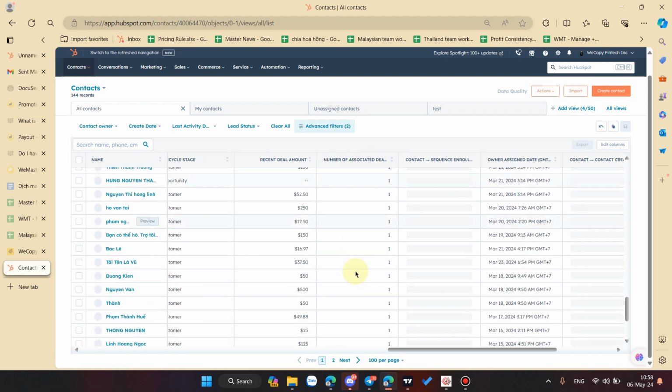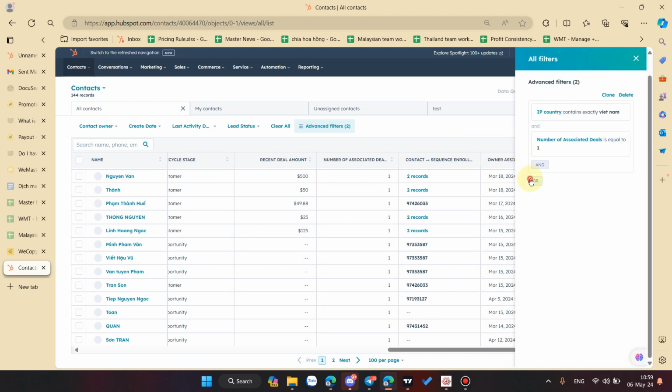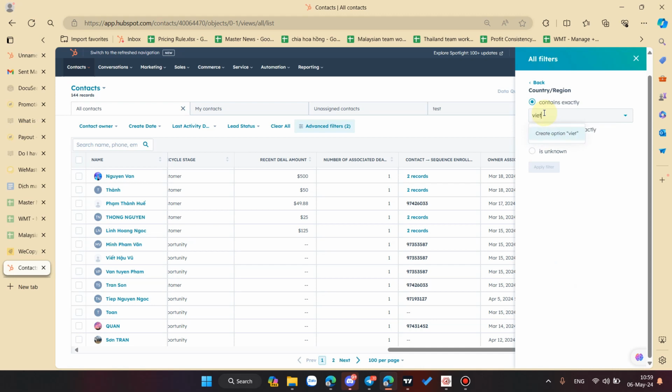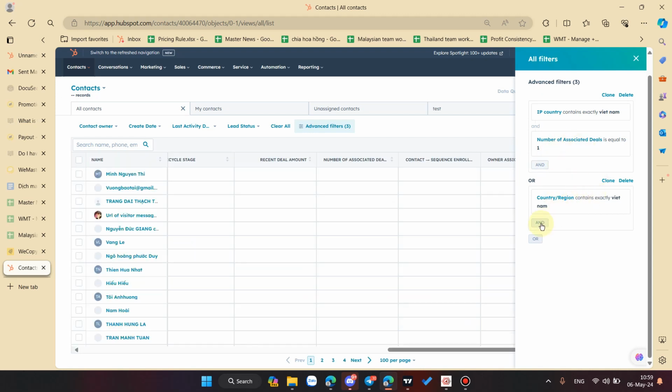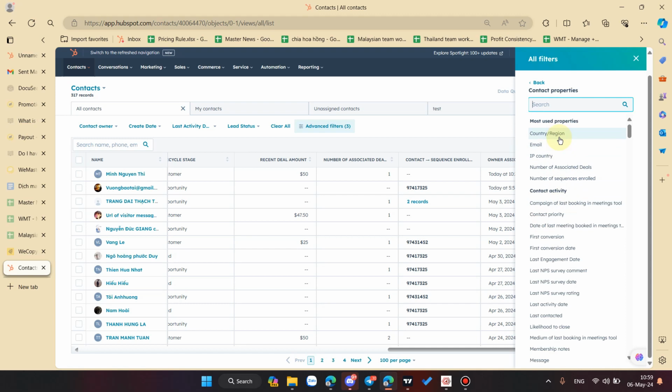See, it's one. If you want to include more, where the country region is Vietnam, you will also add the number of associated deals below here, so the condition will be maxed out.